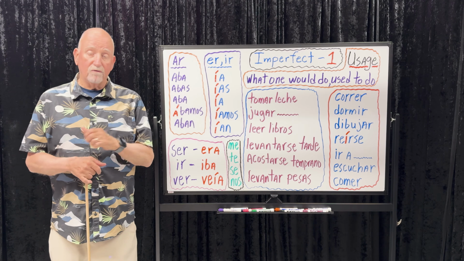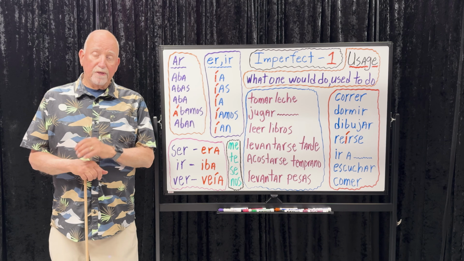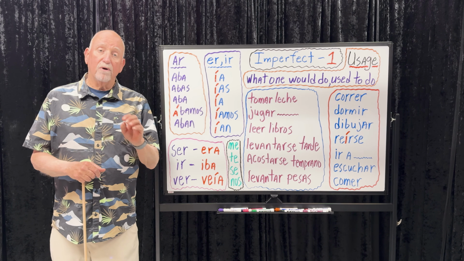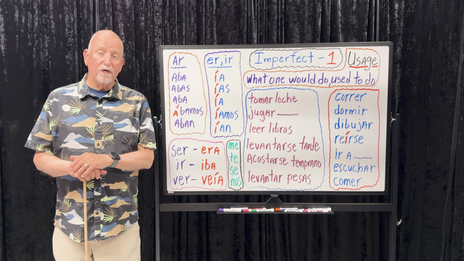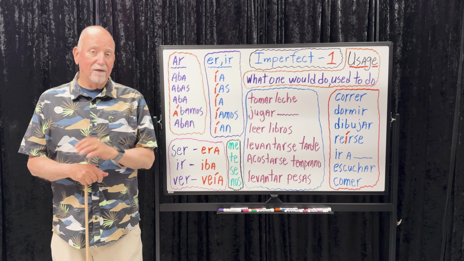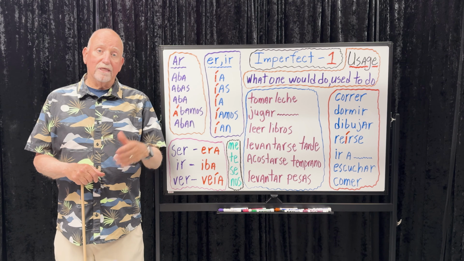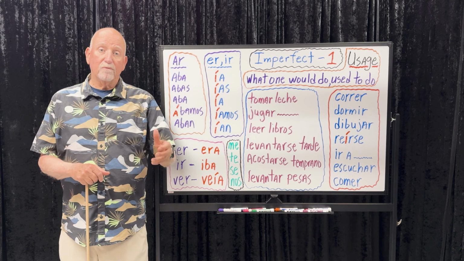In our Spanish universe, 0 is the infinitive. Number 1 is the ing, ando, yendo. They call it the present participle. Number 2 is the ed, the ado, ido. They call it the past participle. We're going to learn how to use those a lot. Number 3 is the present tense, or the present indicative. Again, indicative because it indicates what's happening in the present time.